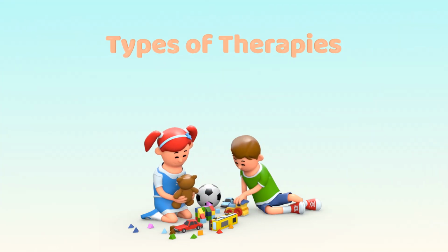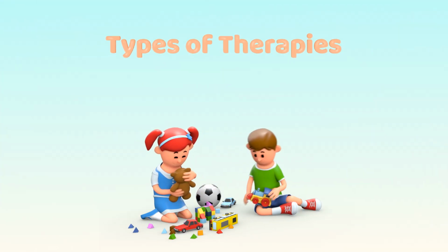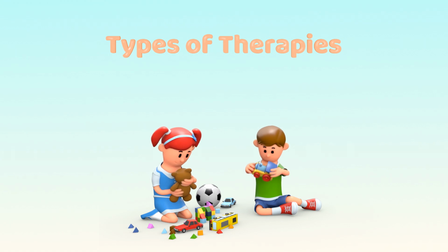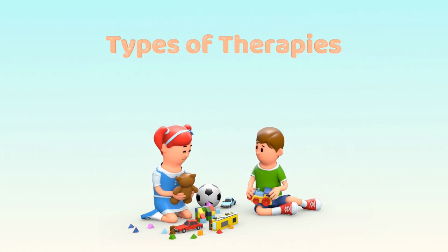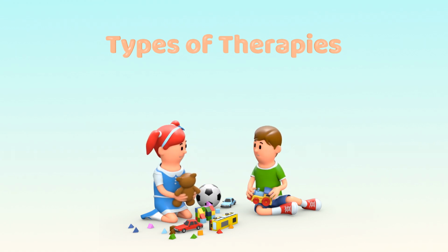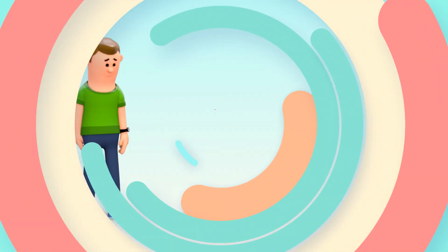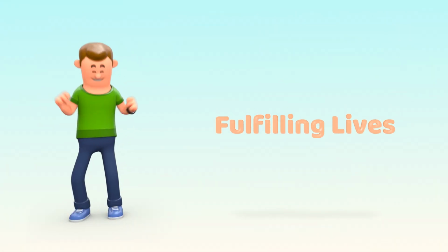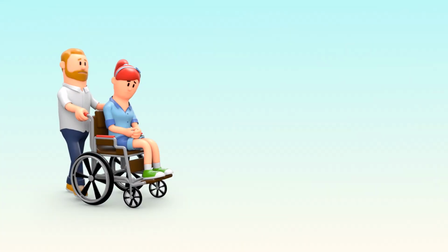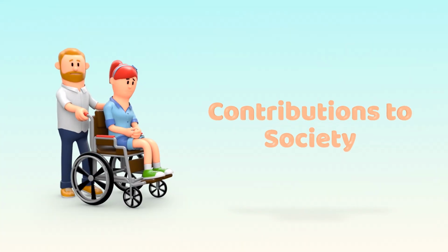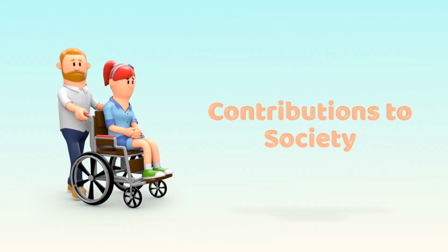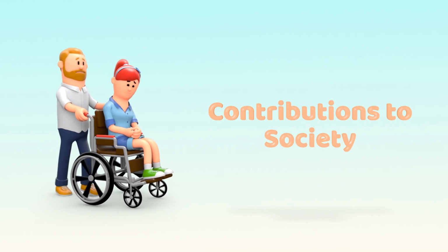Therapies such as applied behavior analysis, ABA, speech therapy, and occupational therapy are commonly used to help children develop the skills they need for daily life. Living with autism. Individuals with autism can live fulfilling lives. With the right support, many people with ASD can lead independent lives, form meaningful relationships, and contribute to society in